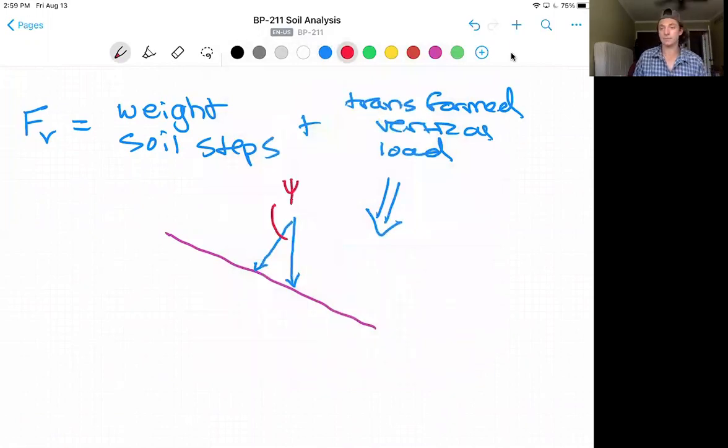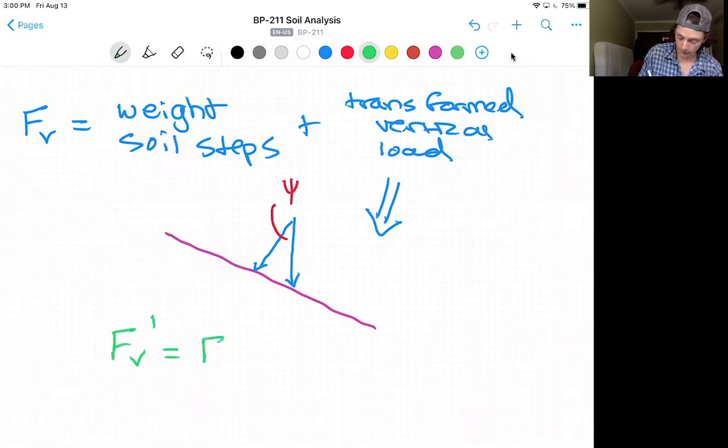And our angle would be psi. We can calculate our transformed vertical forces, V prime, and that will just be our vertical forces times cosine